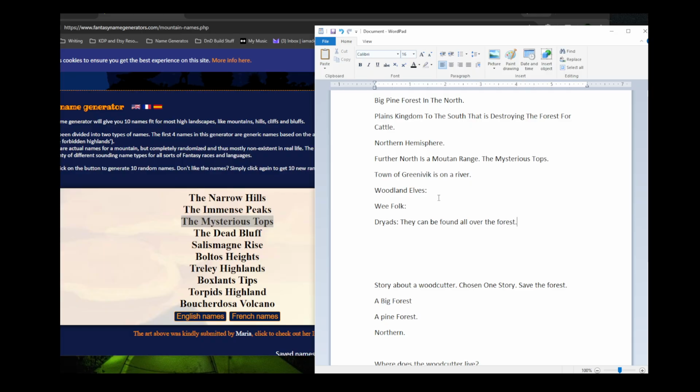They don't have a particular location they're going to be found in. Found in the deepest, oldest, darkest parts of the forest. Okay, woodland elves. Let's say they have a treetop settlement called,